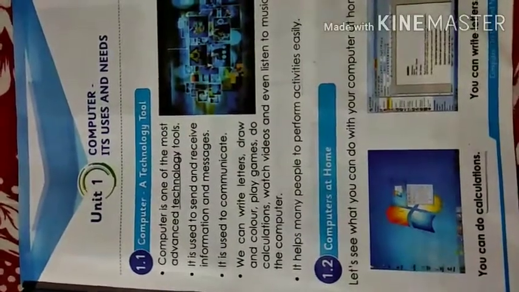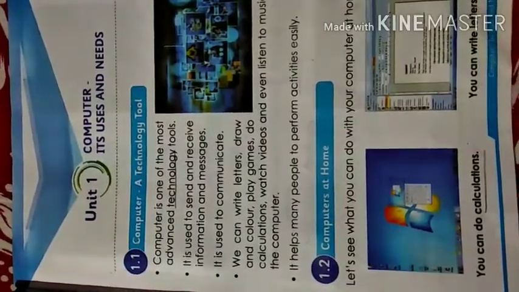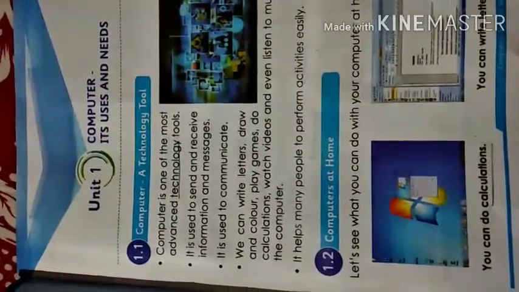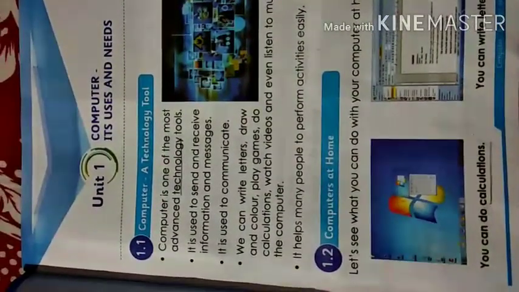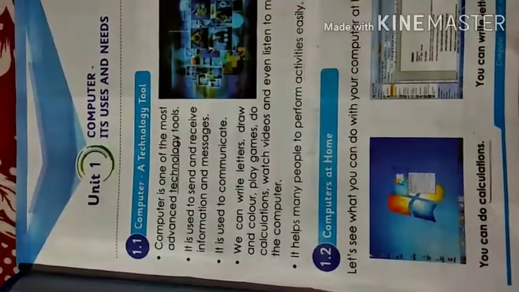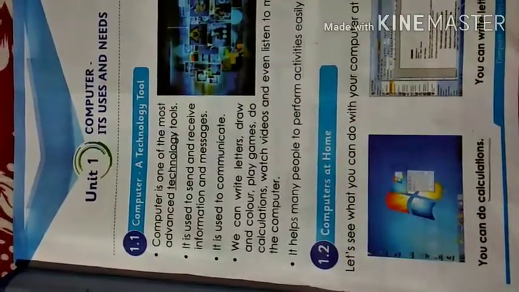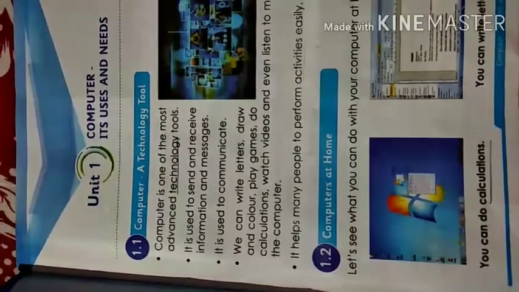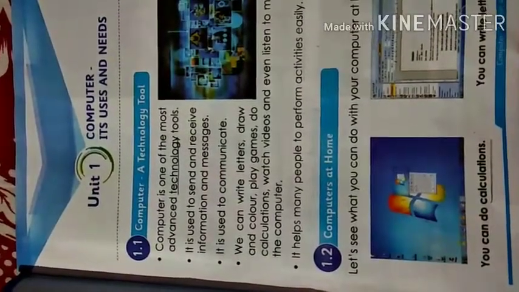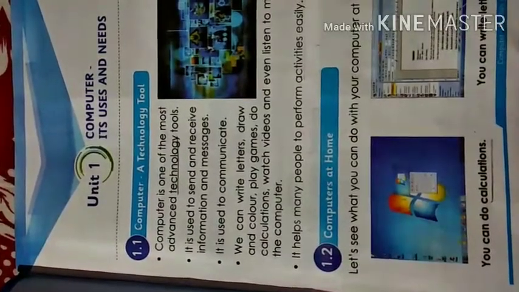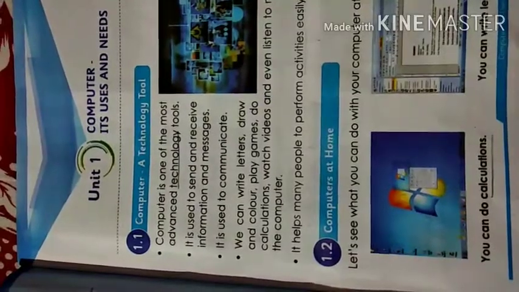So basically in topic 1.1 we have learned about computer. We learned that computer helps us to send and receive information and messages. We use computer for communication, and computer is useful for writing letters, drawing, watching videos, calculation, and games.